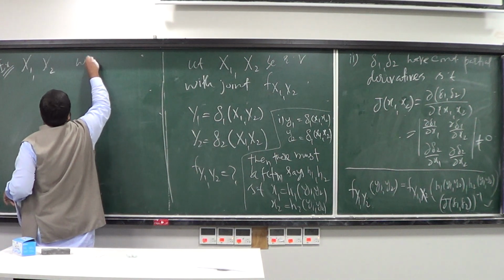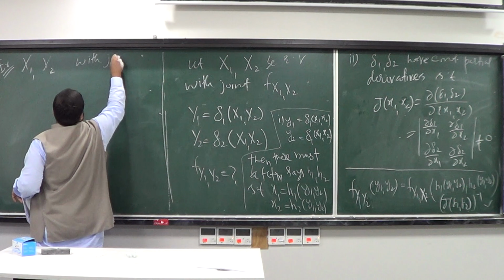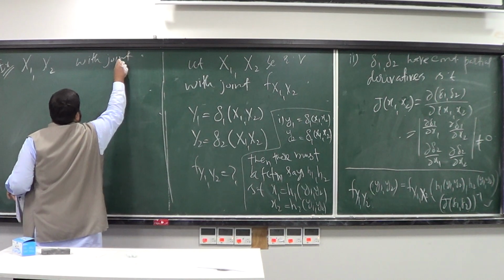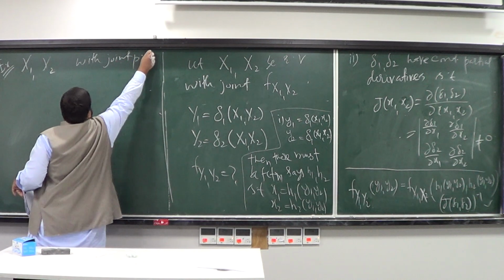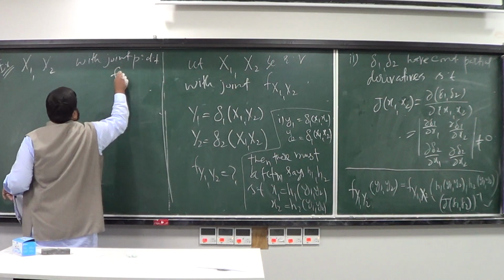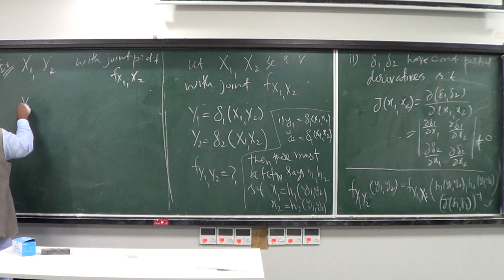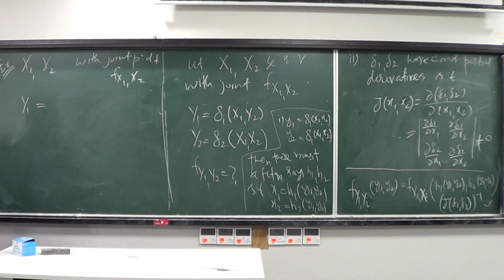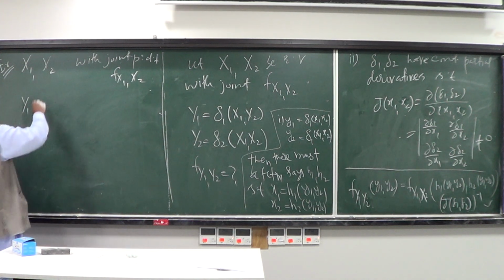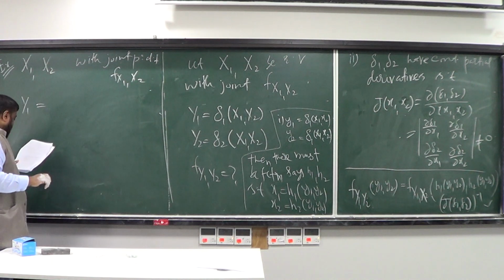with joint, say, PDF f x1 x2, and imagine y1 is a linear expression in the terms of x1 and x2. Okay, say y1 is